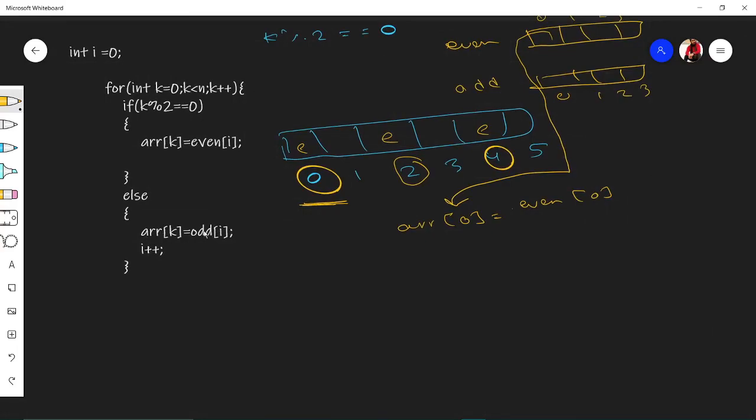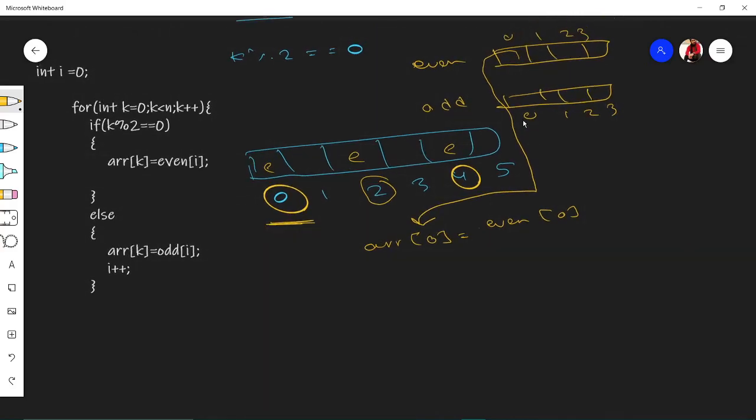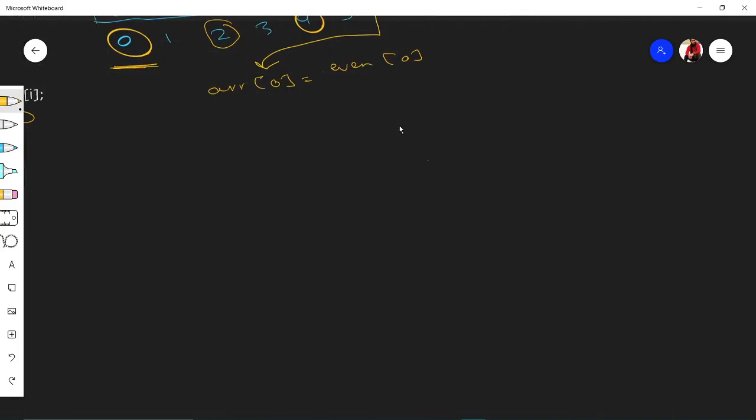Now what it will do, it will again add. You have to notice one thing, I haven't changed the i value yet, because I need to take this zeroth element also. If I increment the i value here, my i will be 1 and the element copied from odd will be this 1, not 0. So you just need to stack up one by one, no?